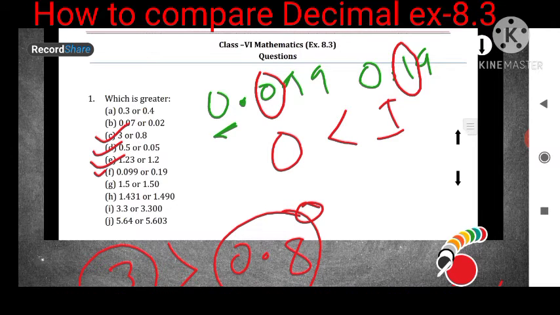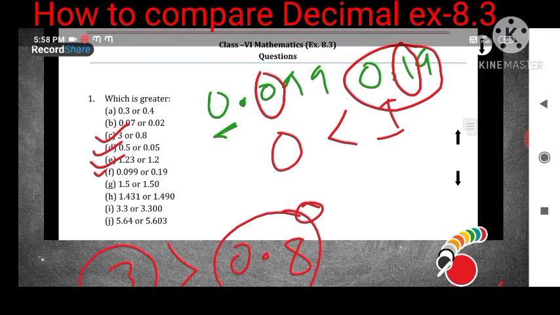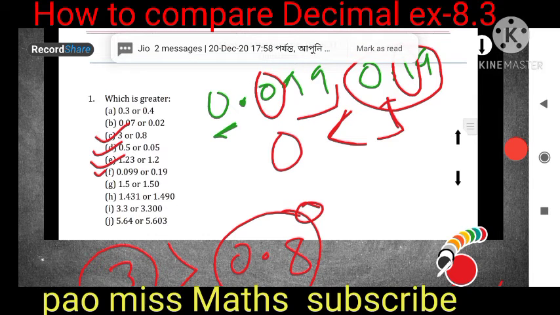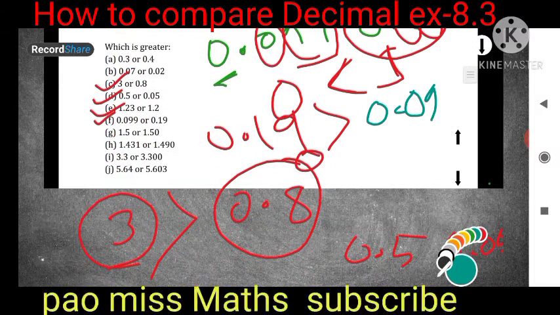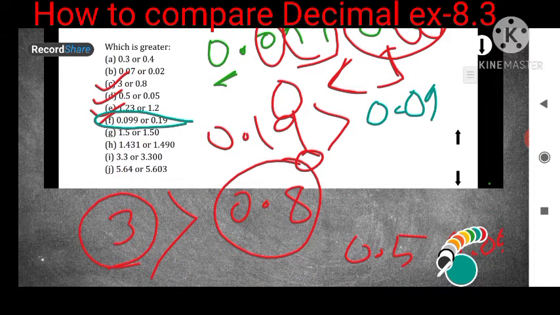So which will be the greater one? The second value, we have already got that 1 is greater, isn't it? So no need to compare the remaining values. So which will be greater here? Here 0.19 will be greater than 0.099. Just seeing this number, you may think that after the decimal 99 is there and after the decimal 19 is there, so don't think that 0.099 will be greater. You have to compare one by one. After the decimal you compare one value, and whichever is greater, that will be the greater number.